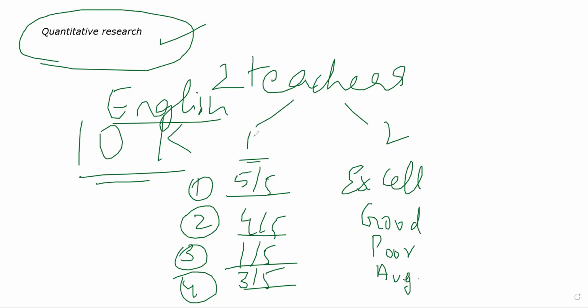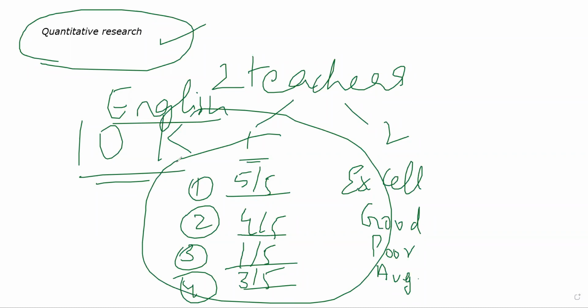Quantitative research will give you a clear-cut answer in this sense. With numbers, you clearly understand what the output and the result of the research were. It will not be useful in all scenarios, but in most scenarios it will be very clear-cut. One of the most commonly used research methods is quantitative research. One of the main reasons is that the results you get are very valid and reliable. All right, now coming to types of quantitative research, I hope you understood the basics of quantitative research, what it is and what it is trying to achieve.